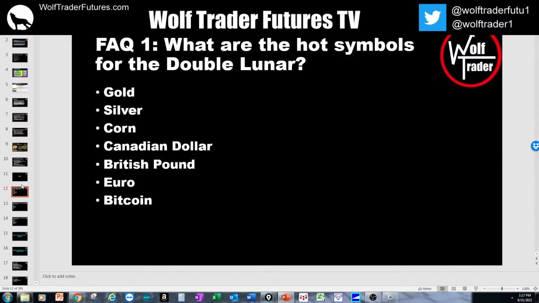So I'm going to cover these real quick. What are the hot symbols on the double lunar cycle? Double lunar cycle is